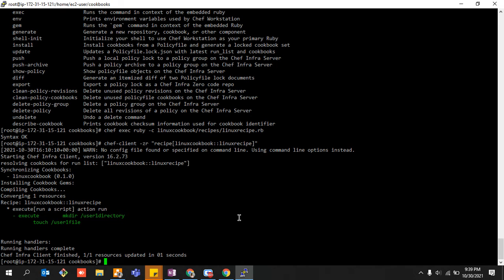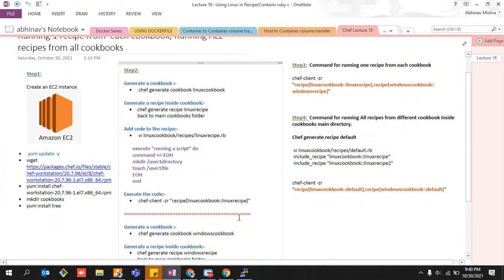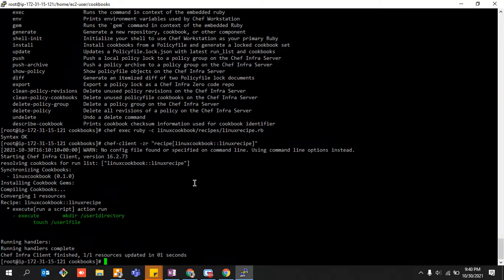Okay. There was a certain code that I wrote over here, and I think it has executed properly, right? What I wrote was that I wanted to make a directory named user1 directory, and this forward slash means I want to make it in my root directory. And I want to create a file in the root directory too. I should not use the word folder in Linux; it is a directory. So in the root directory there should be this directory and this file.